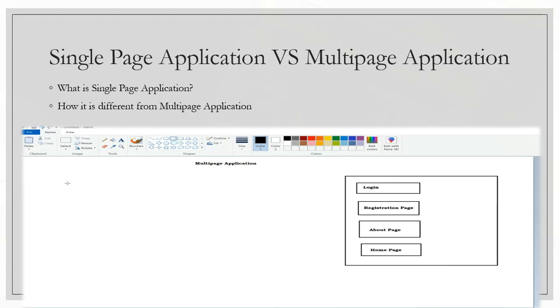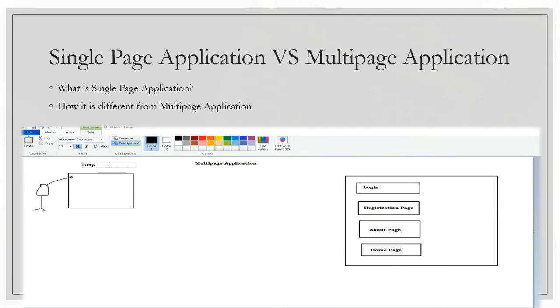Here we have one browser, which is our client. Suppose our client enters a URL, http abc.com. The user requests abc.com in the browser.